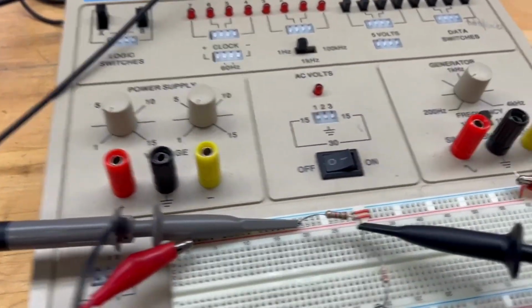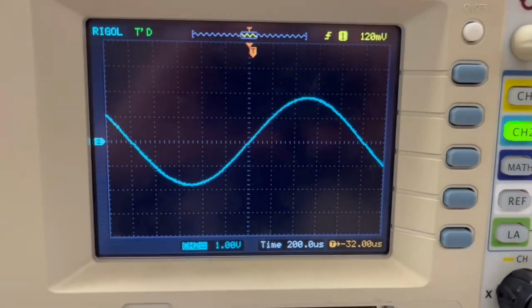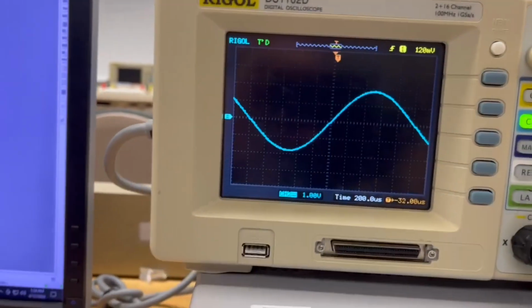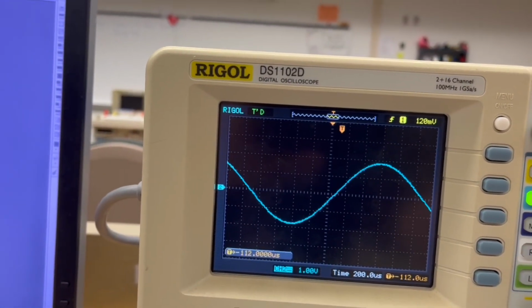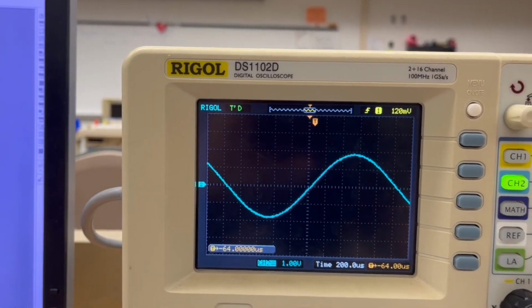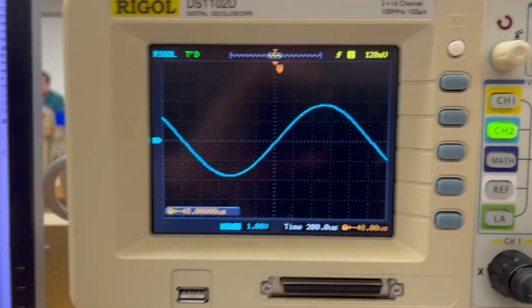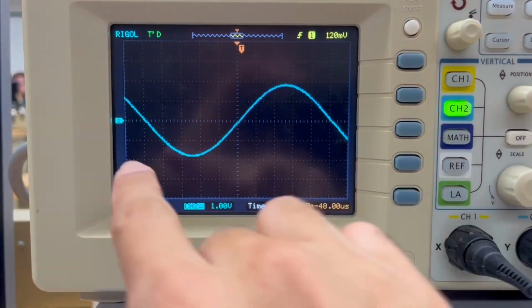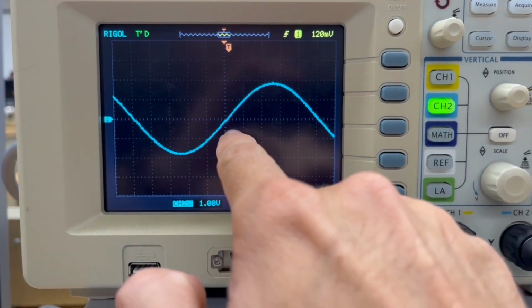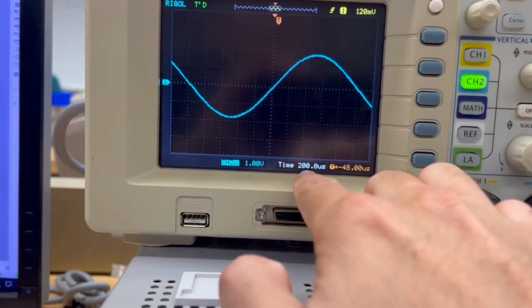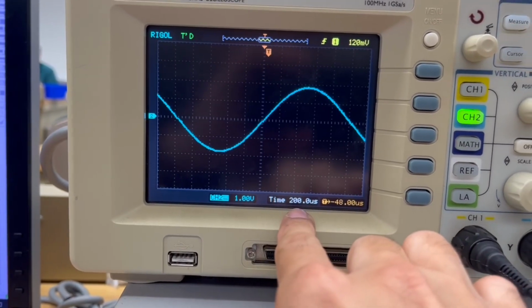To measure the frequency on R2, we need to use the oscilloscope. This is channel 2 on R2. We need to position the wave to count the divisions. So we can position and count 1, 2, 3, 4, 5, 6, 7, 8, 9, 10. We have 10 divisions, and the time is 2